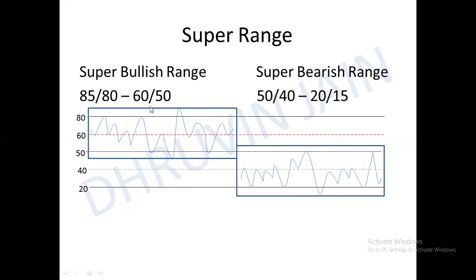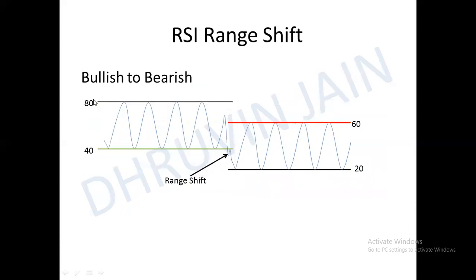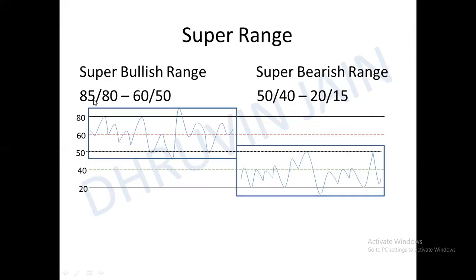RSI will move between the 80-50 region, where 50 acts as a great support, and you will see that 60 is also acting as a great support. I have also seen that the 66.6 and 65 regions are also acting as a great support. RSI also goes to the extremes when price is going in an extremely bullish zone. You can also see that RSI is moving till the 85-90 regions. The occurrence of the 90 region is very rare.